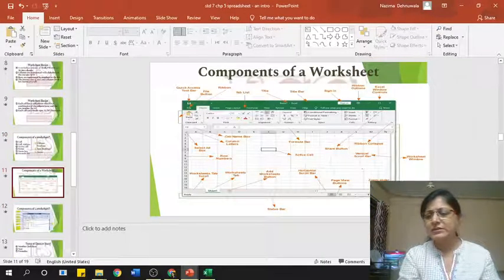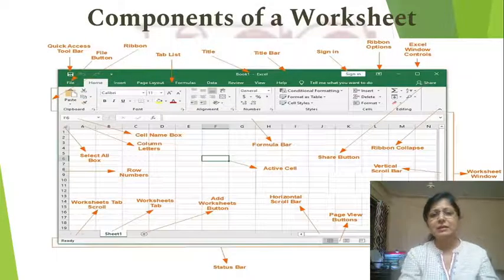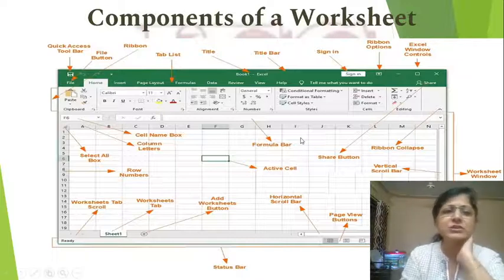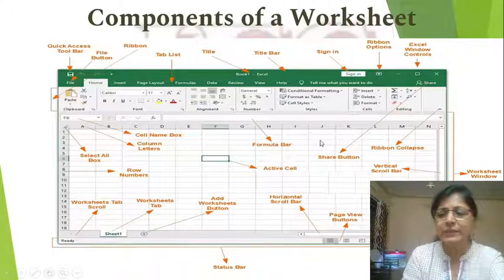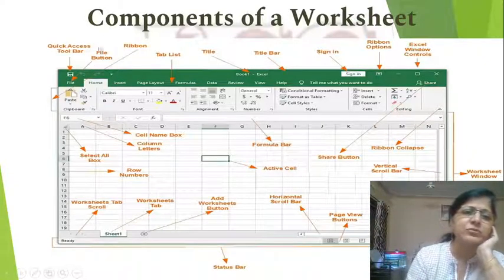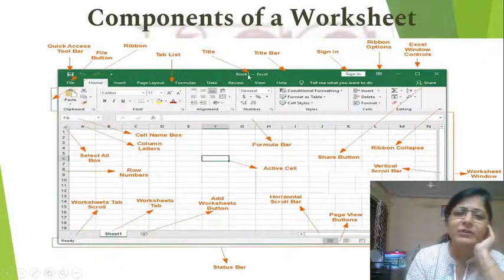Okay. Now this is how the Excel components of a worksheet look. What you need to know is what each part is called. So you know that this is the quick access toolbar. This is the title bar over here. This is the tab list over here. It is also known as the menu bar.